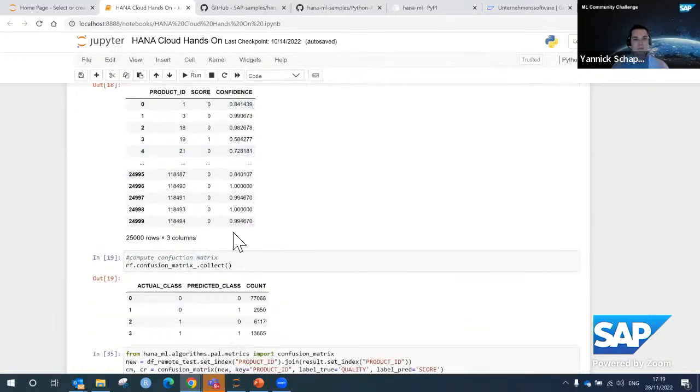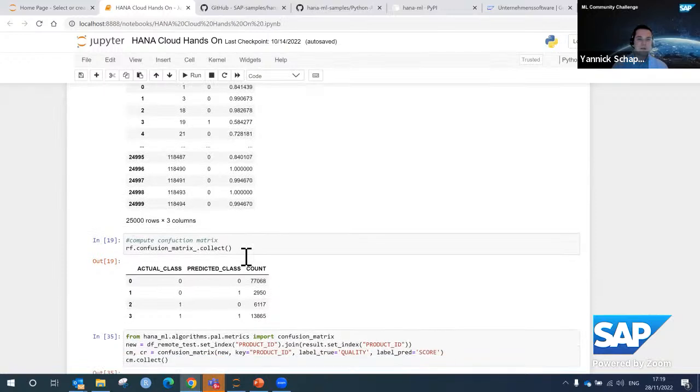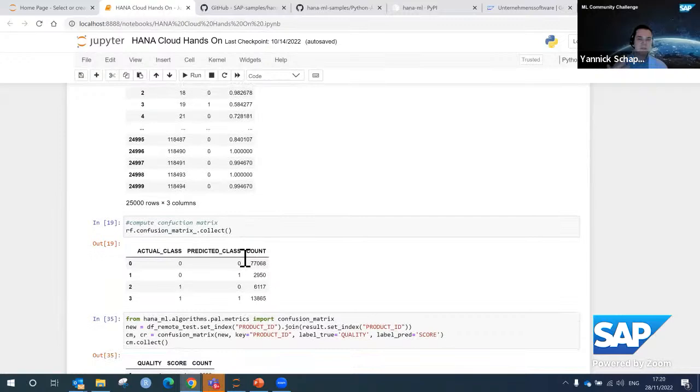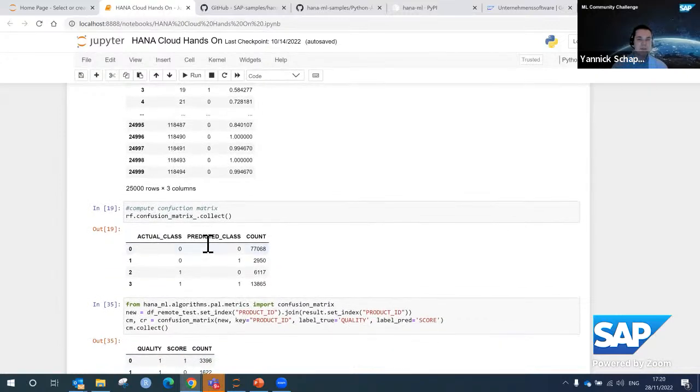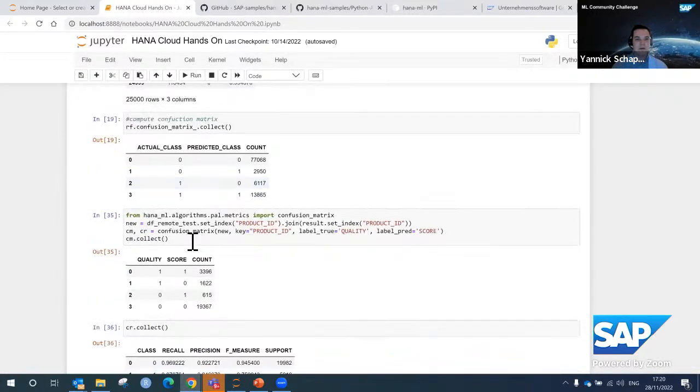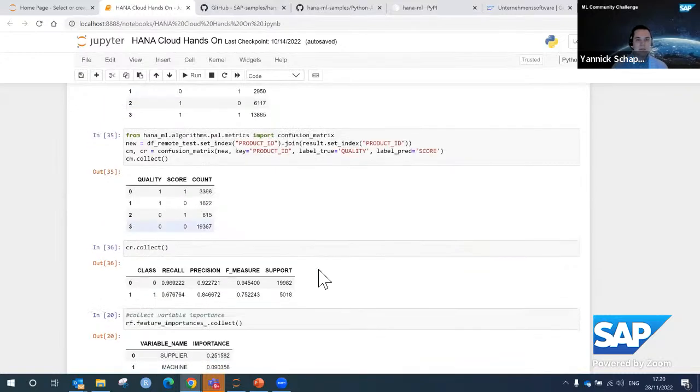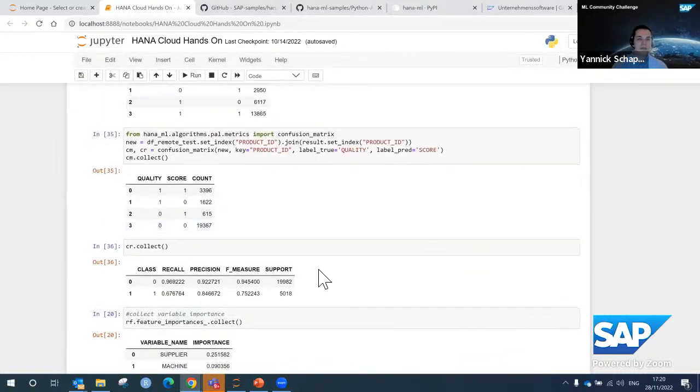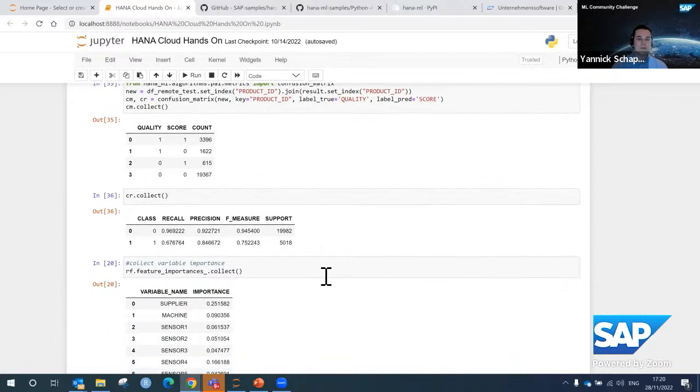I can further evaluate it. So I can, for example, of course, look at the confusion matrix. How good is the algorithm in its decision making? This one here is in sample, but I can, of course, also apply it to the testing data, which I've reserved on the side, and look at the confusion matrix out of sample to control if my machine learning model is actually of good quality. And yeah, of course, then many more capabilities to actually evaluate the model.